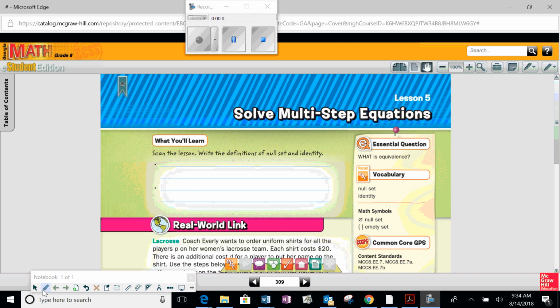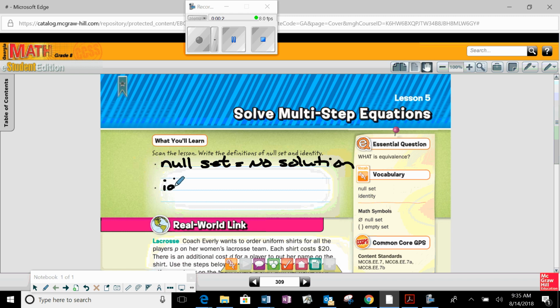Today we are going to be talking about solving multi-step equations. For our introduction, we're going to look at two vocabulary words. The first one is null set, and a null set just simply means that there is no solution to the equation. The second one is called identity,